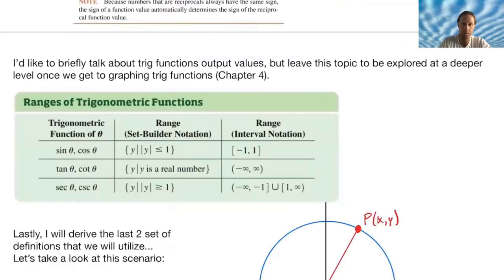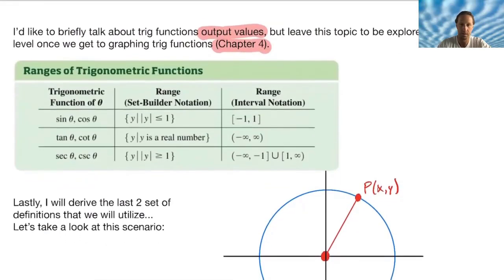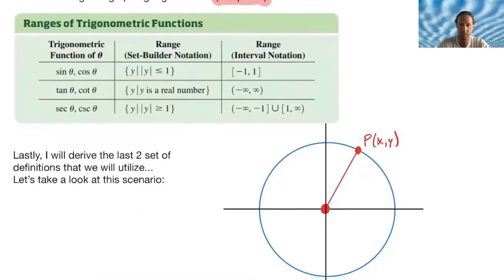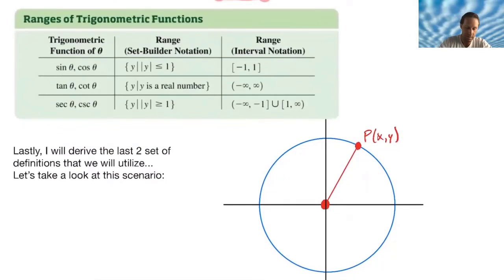So one other thing we want to talk about is that output, right? The output of each one of these functions, and we will go into it much more in chapter 4 when we actually are graphing sines, cosines, tangents, and even their reciprocal functions. But for now, I'm just going to briefly go over it very quickly with you all with one quick example, and that is just talking about sine. Okay, you can do something similar with cosine, but just looking at this circle here, if I was to see what sine and cosine were able to actually give me out, well, remember, sine is always,